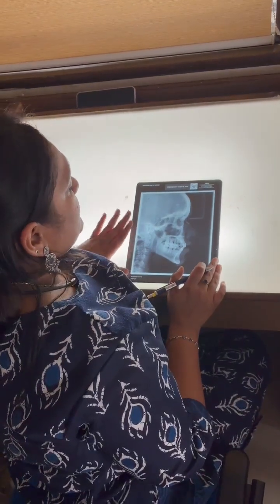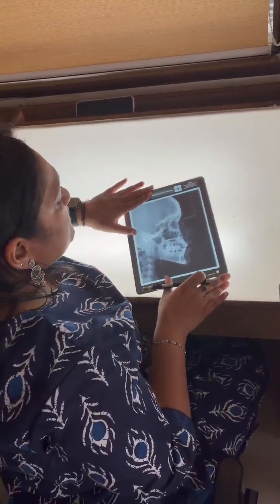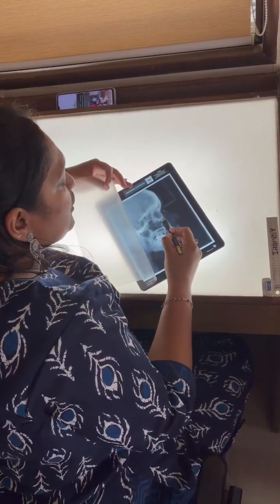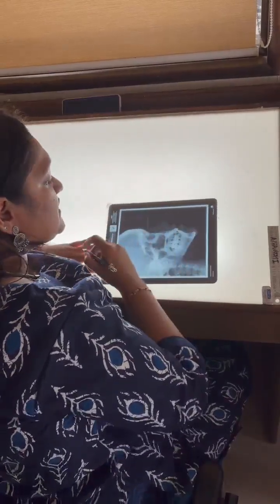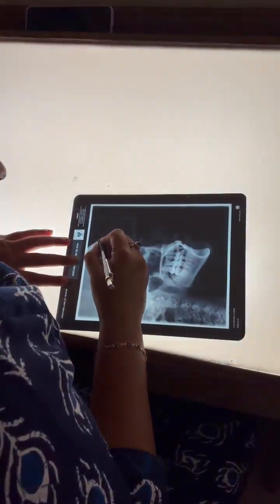Today we'll be demonstrating tracing of basic landmarks on a lateral cephalometry. The first point is you will trace your soft tissue, which is this, and then your hard tissue. The tracing should always be in a single stroke or in a single hand movement, okay? So when you are starting from here,